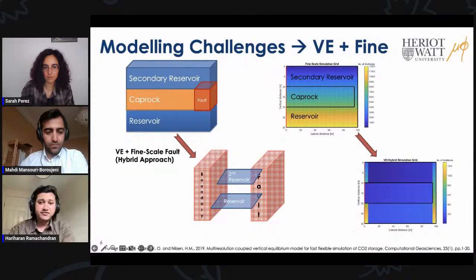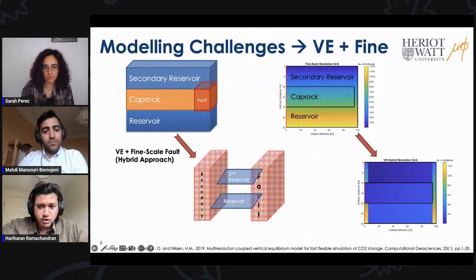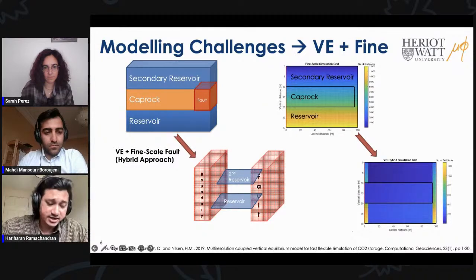So now the first hybrid modeling approach we'll discuss is the VE plus fine scale grid approach. The illustration of the fine scale grid and the base case is shown at the top. In this approach, we are basically going to take advantage of both the VE grid and the fine scale grid. At the regions where the horizontal flow is going to dominate the vertical flow, we can represent them as VE grids, like the middle section of the reservoir. And at regions where we expect substantial vertical flow, we can retain the fine scale grid, such as at the boundary blocks and at the fault grid blocks.